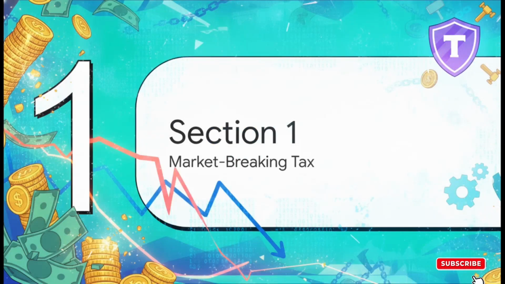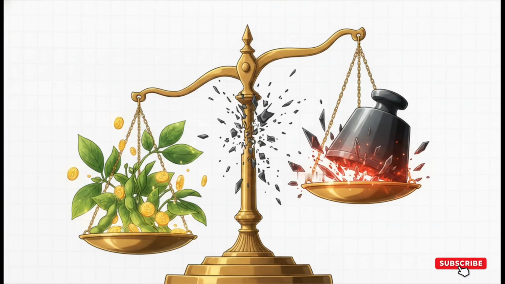All right, let's start right at the beginning with Section 1, the market-breaking tax. The premise here is super simple, but man, it's devastating. You know, markets rely on equilibrium, that really delicate balance of supply and demand. Well, when a new tax is introduced, it acts like a giant shockwave to that system. It totally scrambles the pricing structures that buyers and sellers rely on every single day. In the context of our soybean case study, dropping this tax wasn't just a tiny speed bump. It was a major catalyst that severely disrupted the entire agricultural market equilibrium. Overnight, it changed the math for literally everyone buying and selling these crops.